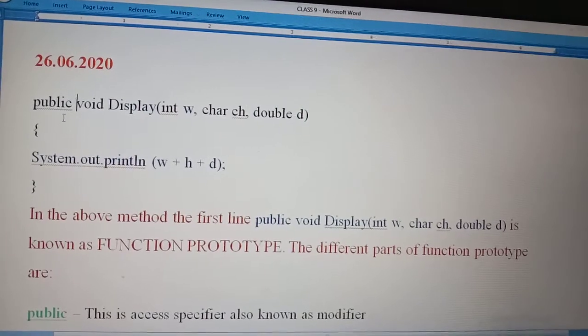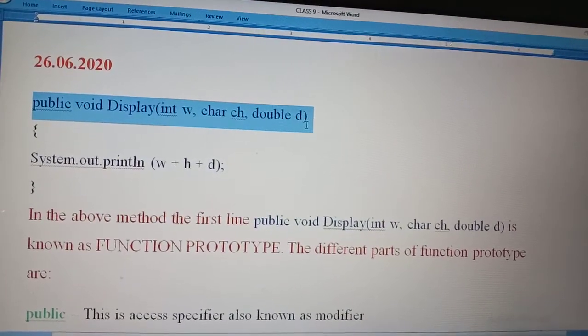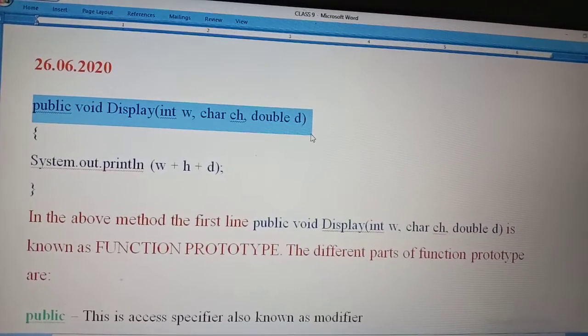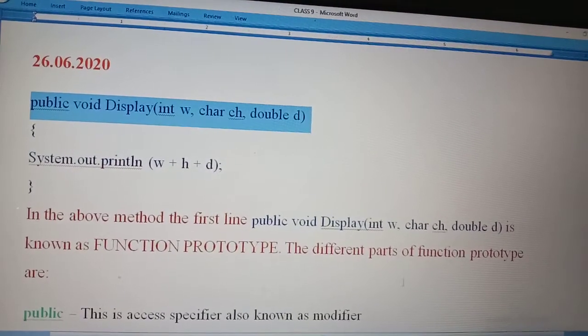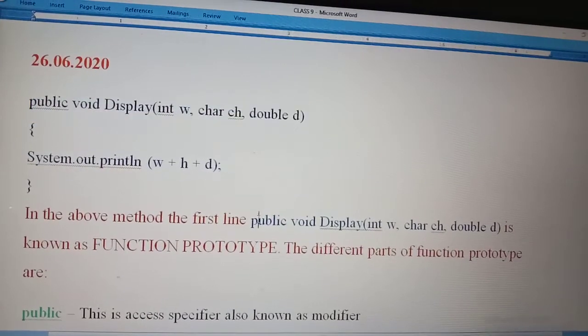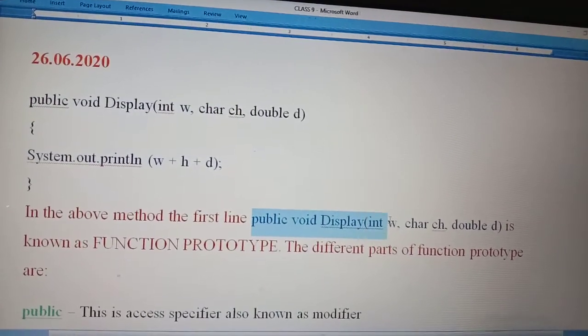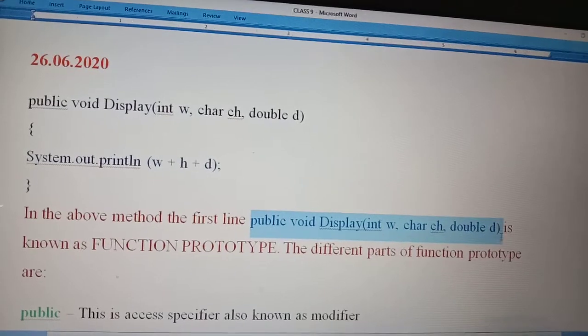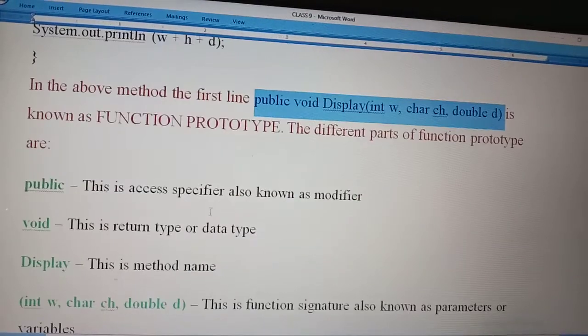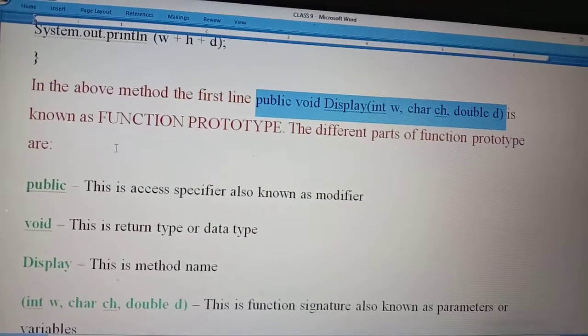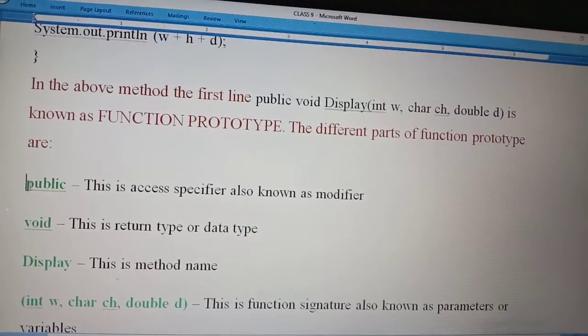So in this program, the first and foremost line, this public void display, is the function prototype. Public void display int w char ch double d, this full line is known as the function prototype, and the different parts of the function prototype are: the first one is public.